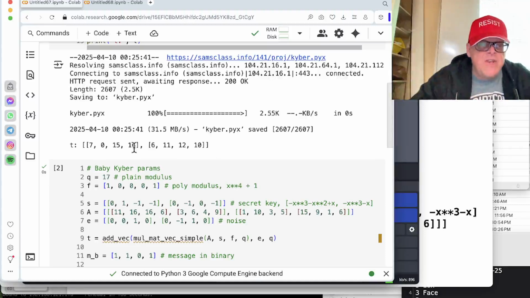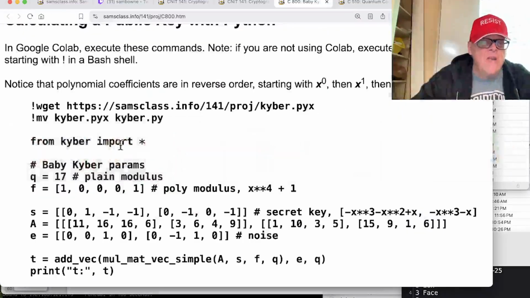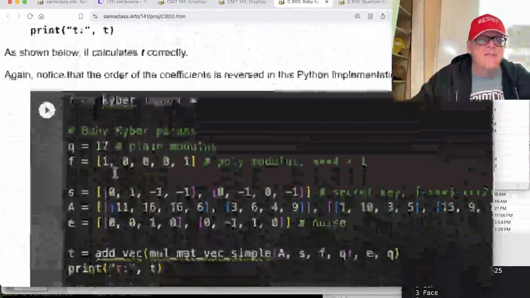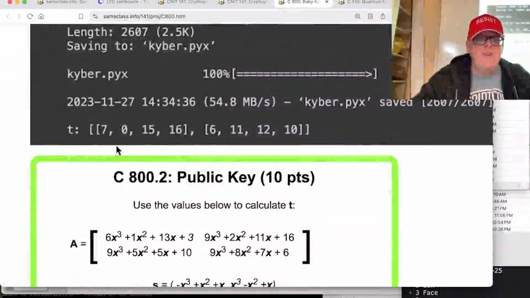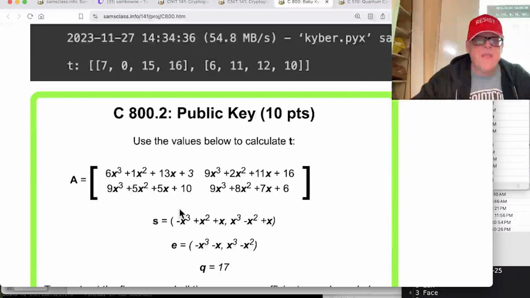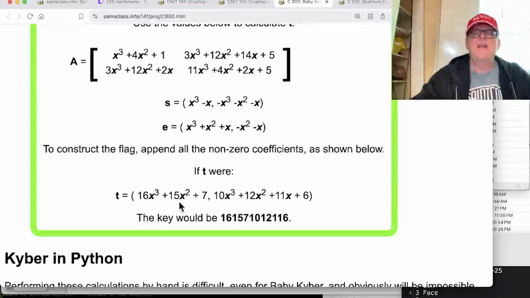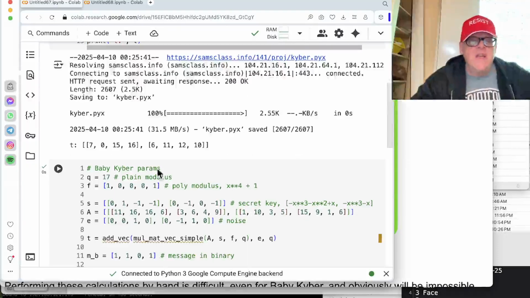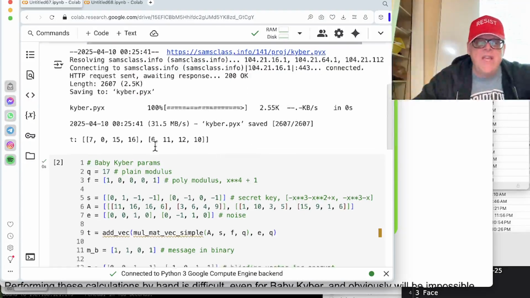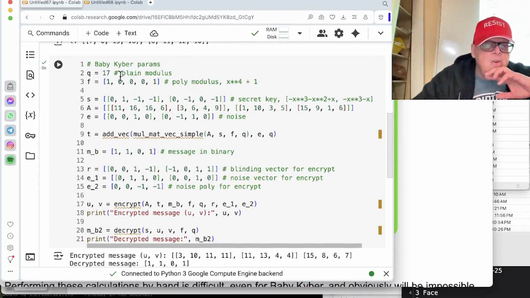And so this is going to be 161507. Let me check my original one here. And it had the answer, which was 161507. It's these coefficients when read right to left. You can see it's getting the right answer in a simple format. So this is how you calculate t. And now that you have all those parameters,